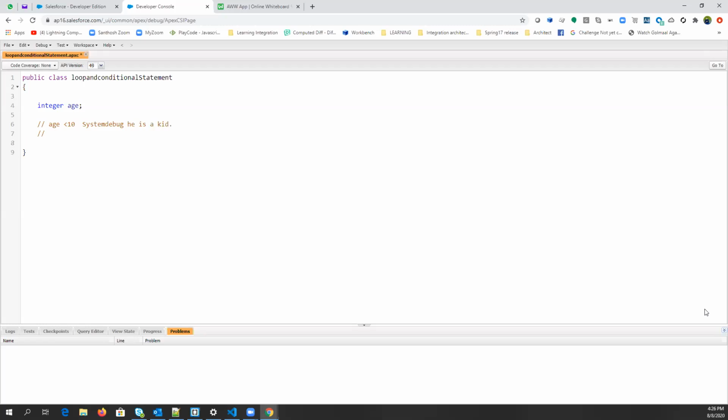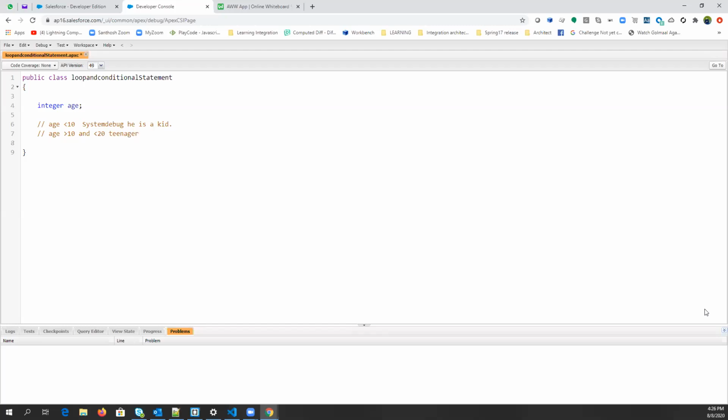And if age is greater than 10 and less than 20, then what should you type? Teenager.